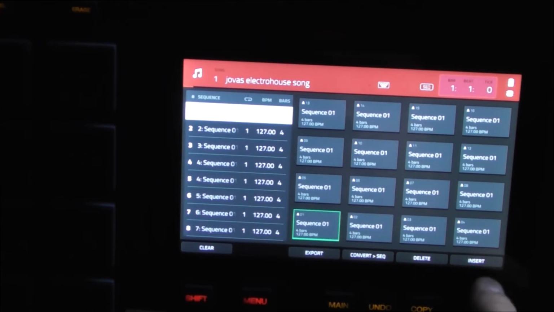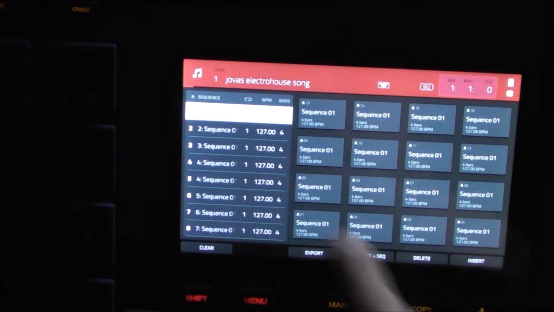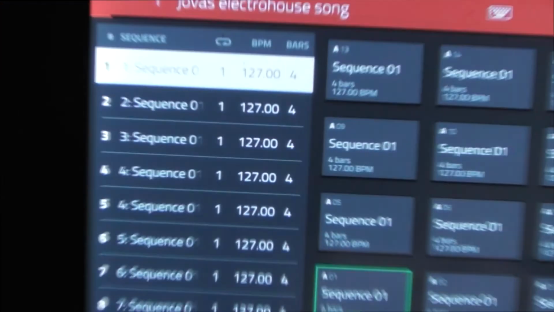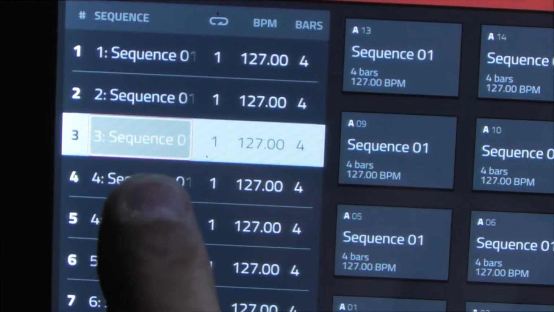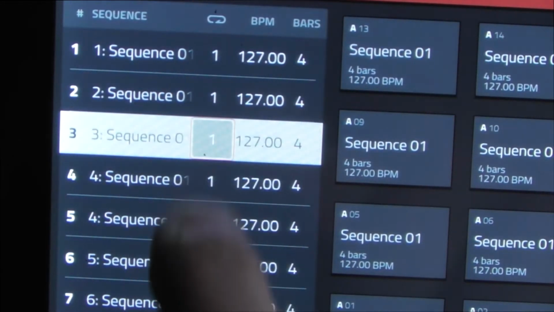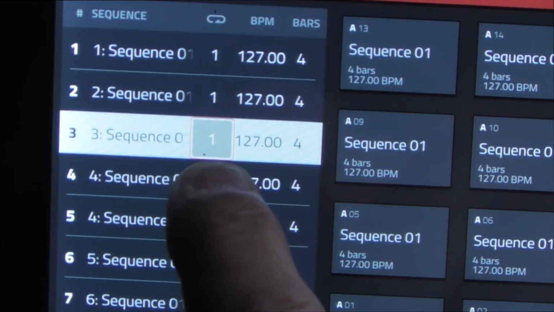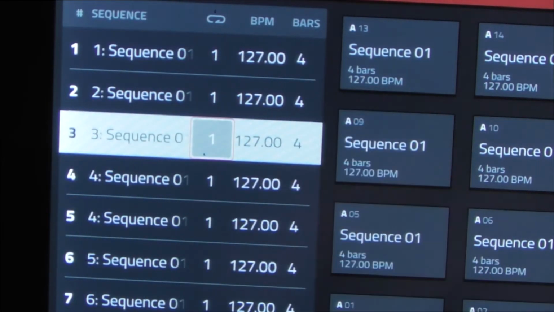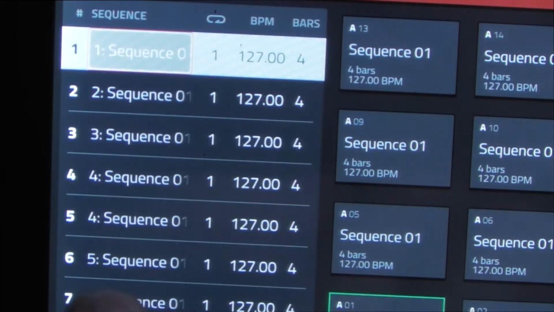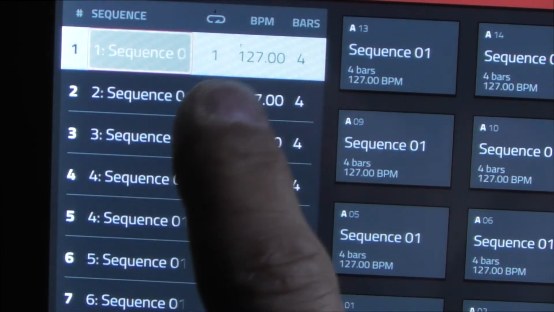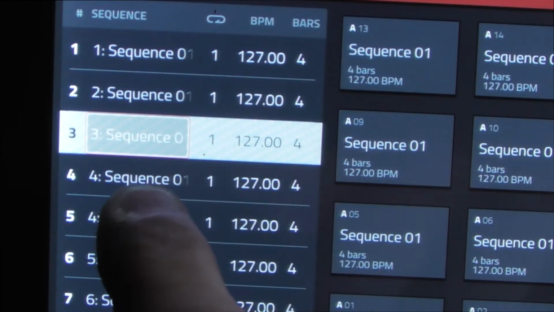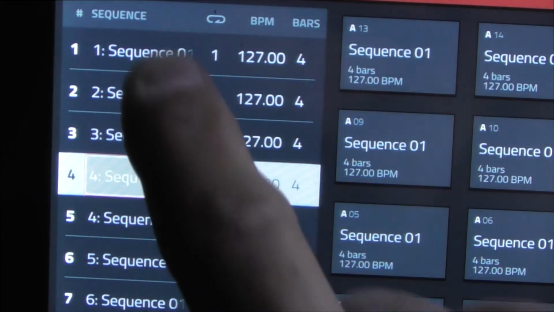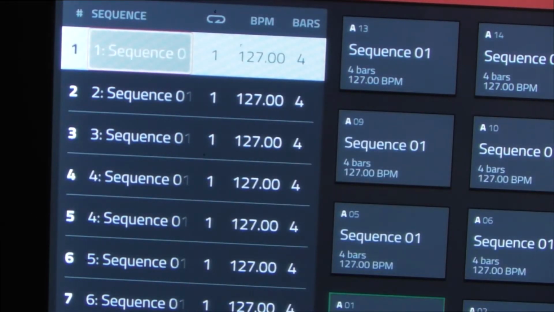And once you've inserted the times you have the sequences, right here on this little, see if you can see it, right here it says sequence, and right here it has the number of times you want it to repeat itself. I only have it one time for this, so it can go through the changes. So this is sequence 1, one time, sequence 2, one time, it's just gonna repeat one time. Sequence 4. So then when you put it all together and you have all your sequences laid out,